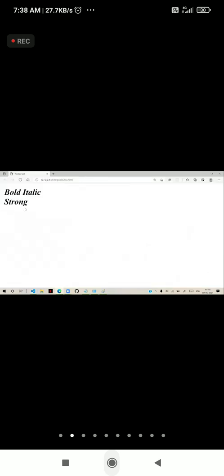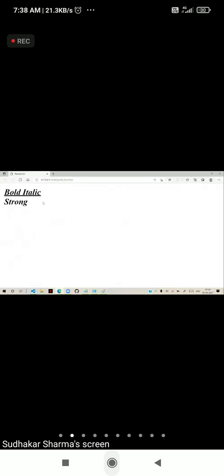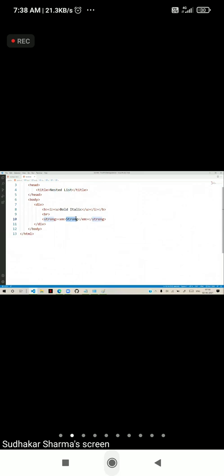You can see both are the same. Similarly, for underline we use U. And in review mode for underline, we will use INS. INS is for underline, used for inserted.